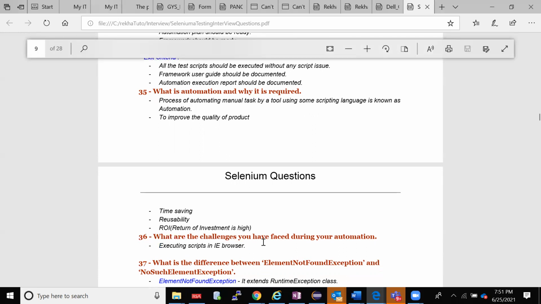And one more thing was, you can tell, I was automating in Chrome, but when it was navigating to a new page, or there was a combination of some other sub-application in my current application, that application used to work only on IE. In order to do that, I had to launch that particular thing on IE. So again, switching to IE and all, it was quite complex for me. Okay, that was really challenging for me.